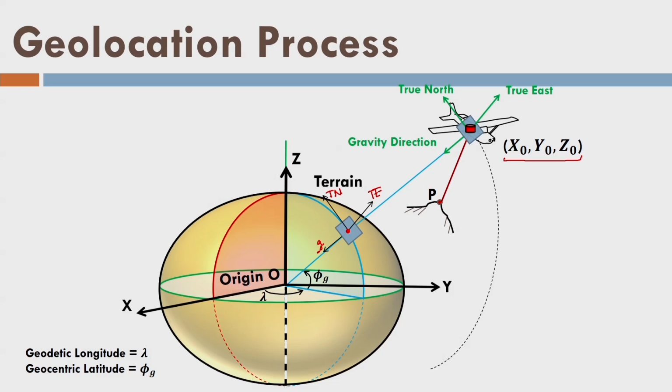Now, I want to bring the body reference frame to the earth tangential reference frame. For that purpose, if we turn on the IMU, it will indicate these 3 directions: true north, true east and gravity direction. And surprisingly, after turning on, the x direction is this, this is the y direction and this is the z direction of the IMU or earth tangential reference frame.